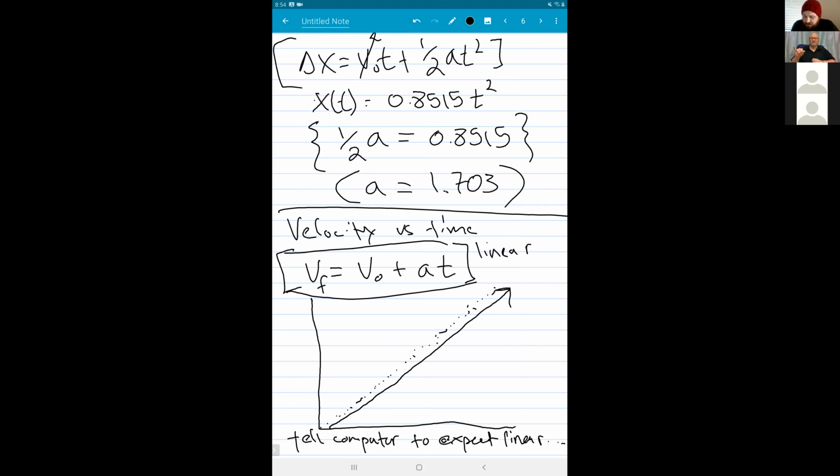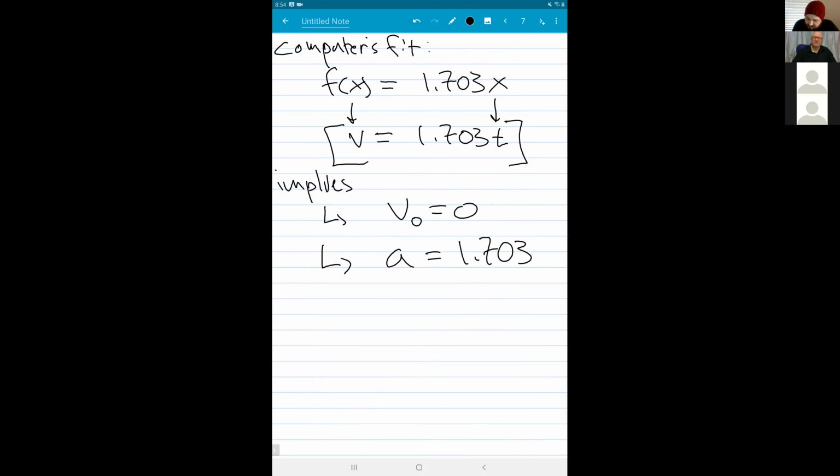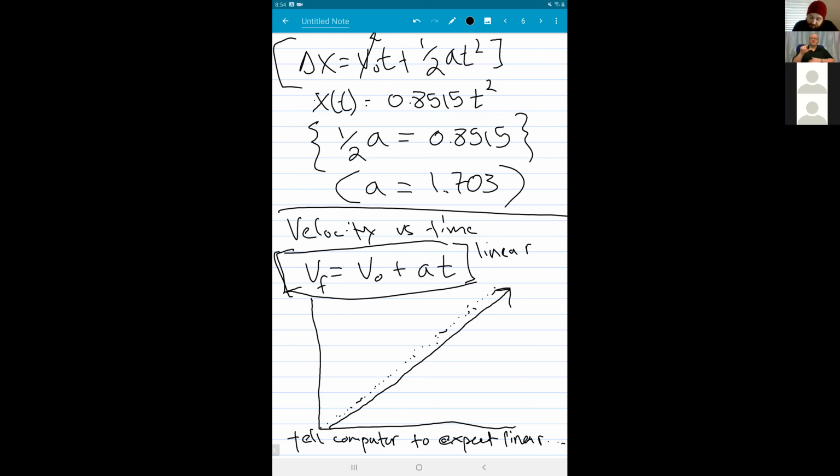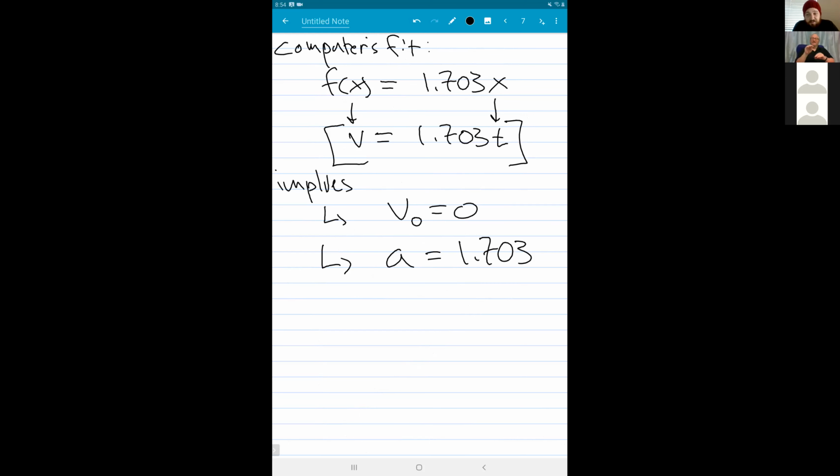Essentially, what I just said here on this last page was that if we get this plot of v equals 1.703 t and we expect it to be of this form here, this kinematics question here, then that implies that our v naught must be 0 and then our acceleration must be the 1.703 in front of the t. So for Daria, essentially, yes, you take that expression, divide t out of it, and that 1.703, that's what's left over. That's one. And then I see another, okay, so if we plugged in t equals 0 for time 0,